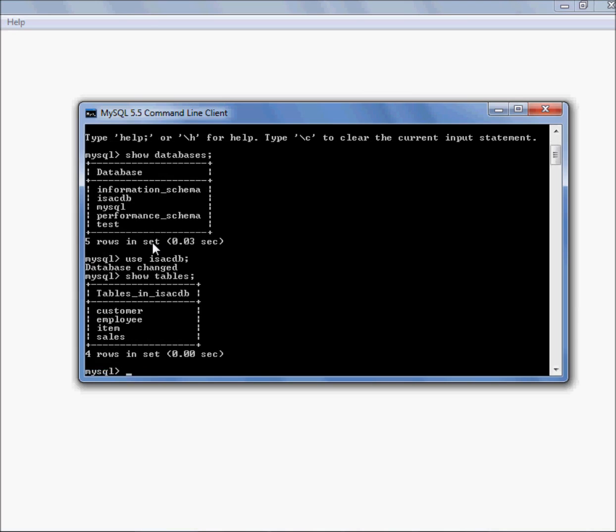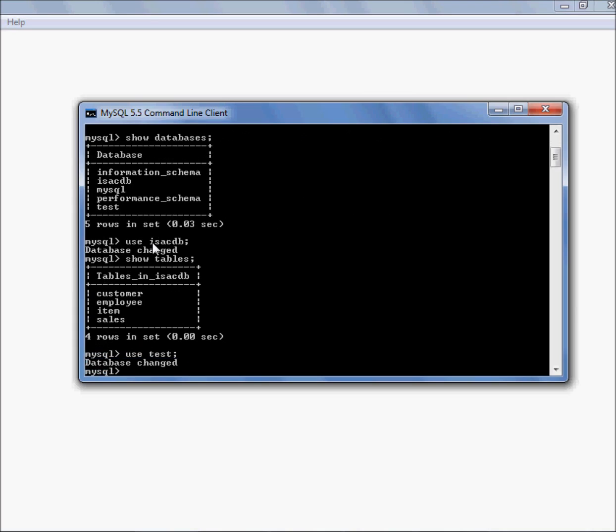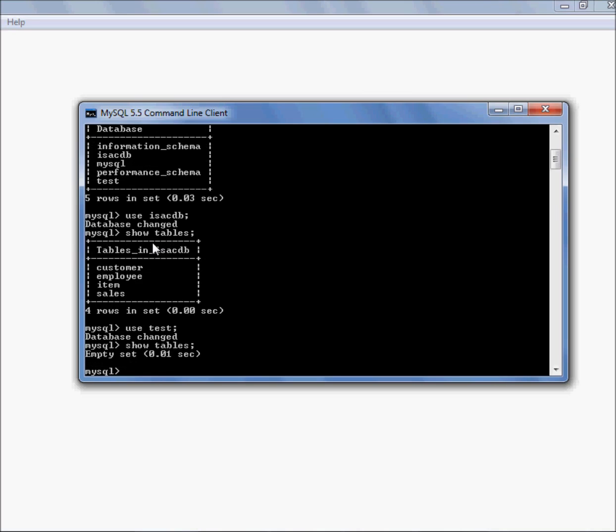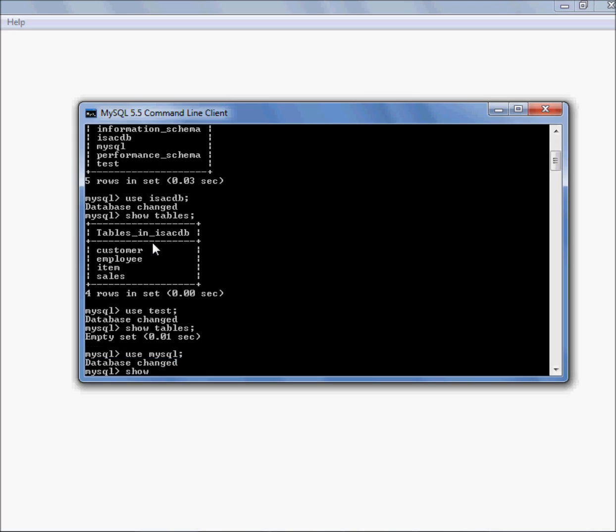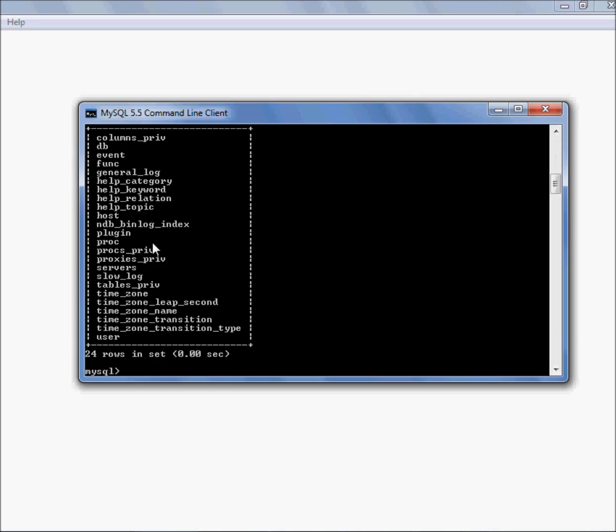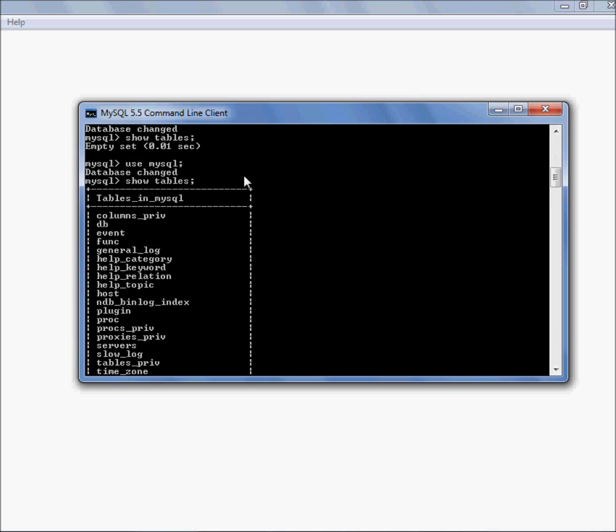Similarly if you want to switch your database, just say use test, and then you say show tables. Okay, no tables are there, right? If you're looking for the MySQL database, then say use mysql here, and then say show tables. So this many tables are available in that MySQL